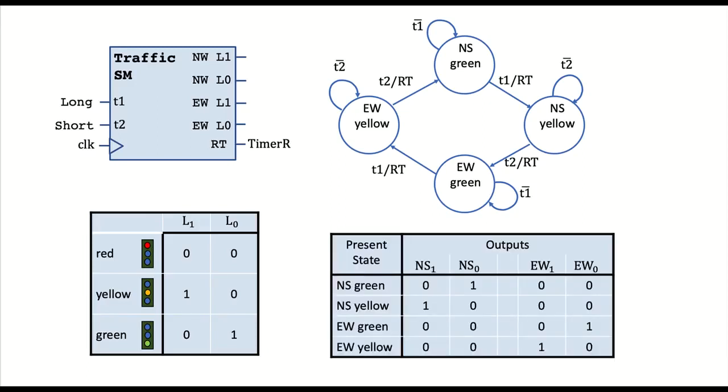Most of our state machines so far have only had 1 output, and so we've only had 2 values. But here we have more than 2 values for the output, so we need more than 1 bit. We will immediately encode that when the north-south is green, the east-west had better be red. So the color of the north-south being green or yellow implies that the other direction is red. And when the east-west is green or yellow, the north-south had better be red. So 0, 0 is red.